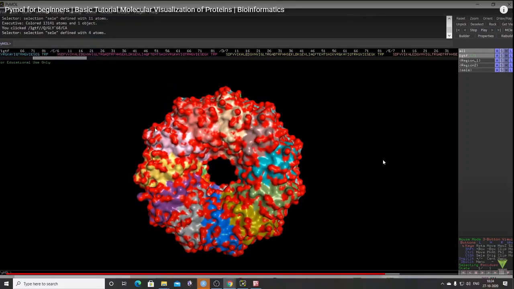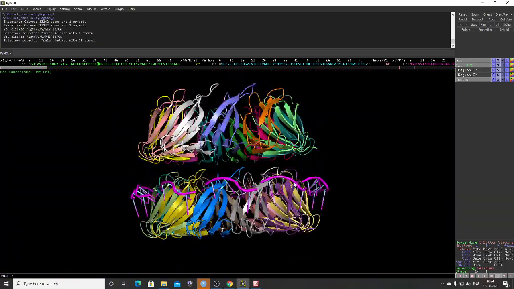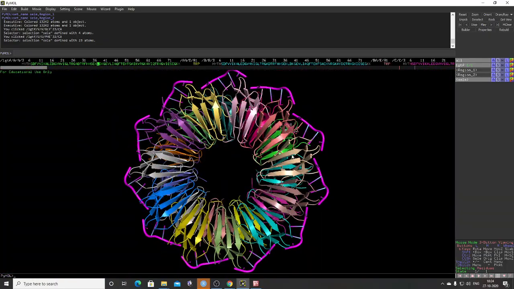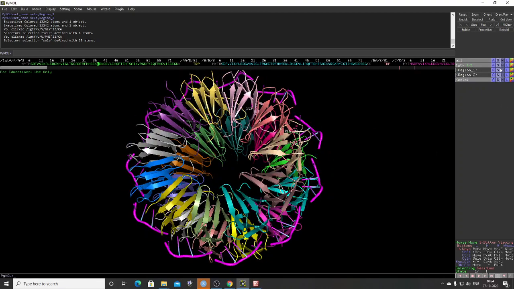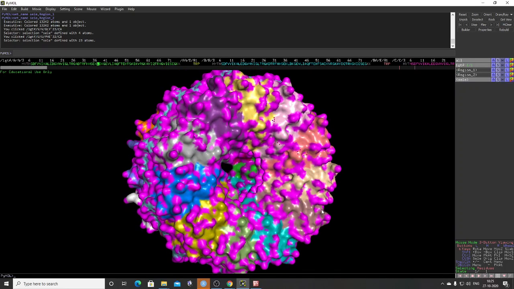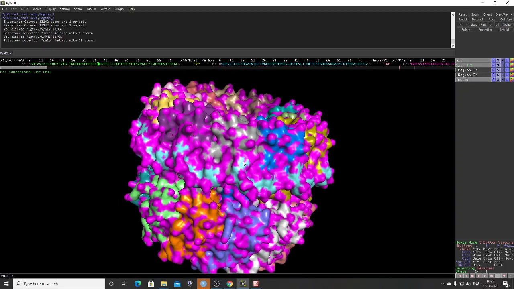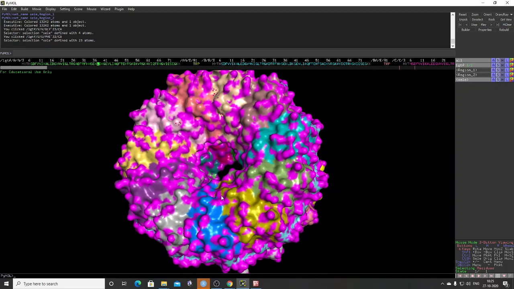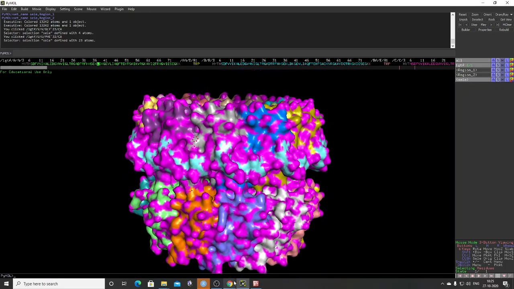Okay, so again coming to our molecule, this one is our protein molecule, and now we want to show it as a surface model. Sometimes in the textbook you will find that model. So go here, show, and you click here surface. So this is a surface filling molecule. All spaces are filled, and this is how the molecule surface model will look, right? So this is a surface representation of our molecule.